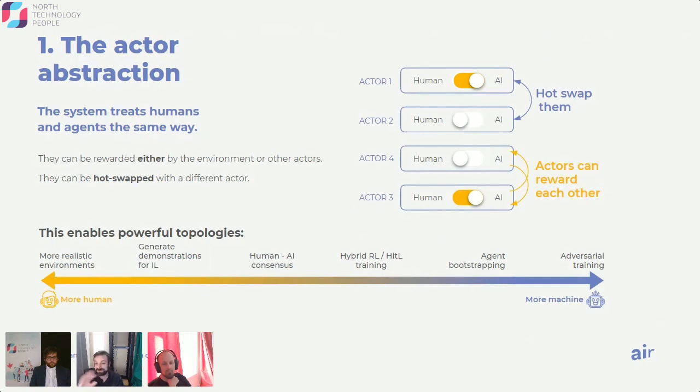And this is just the tip of the iceberg. Once you've got that playground of having different permutations of actors and agents that you can bring in, that opens up a lot of different possibilities.